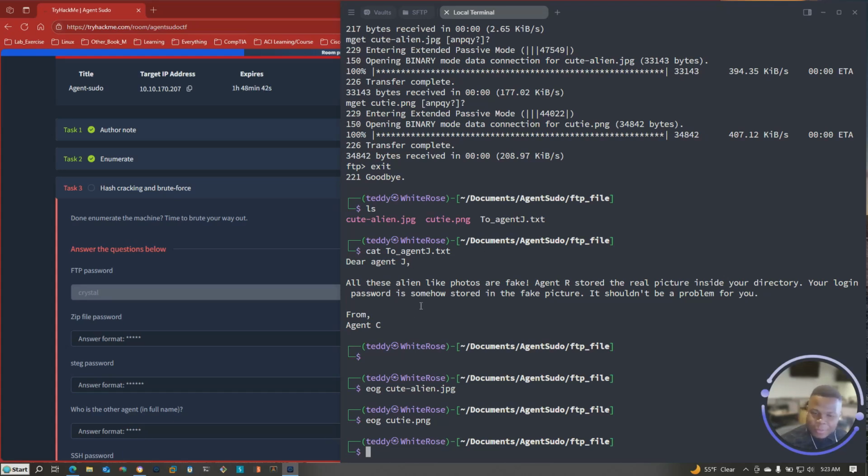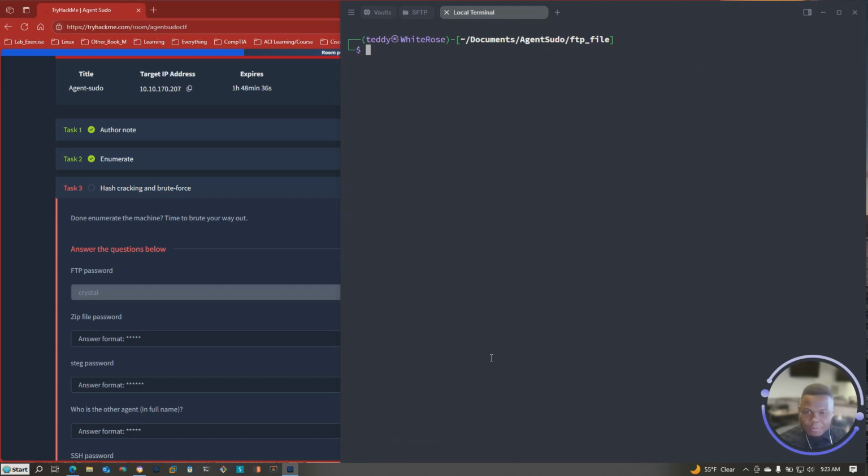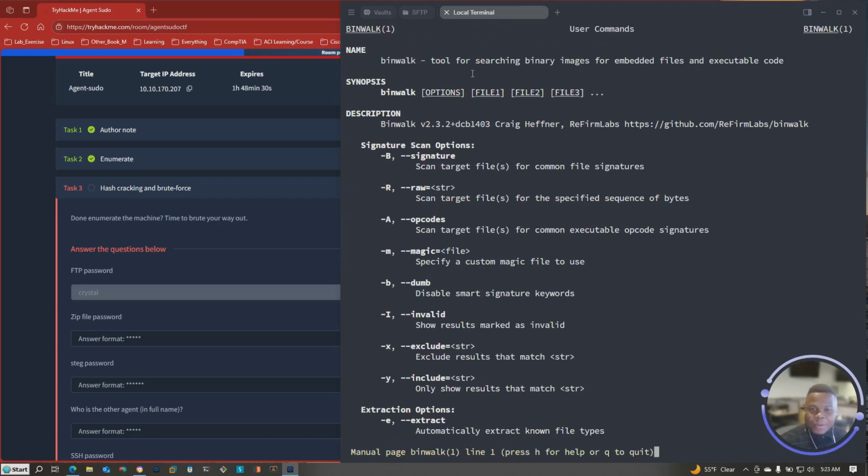Oh, your login password is somehow stored in the fake picture. So we can use binwalk for that. Let's do binwalk, a tool for searching binary images for embedded files and executable code. So the flag we're looking for will be, is it extract or